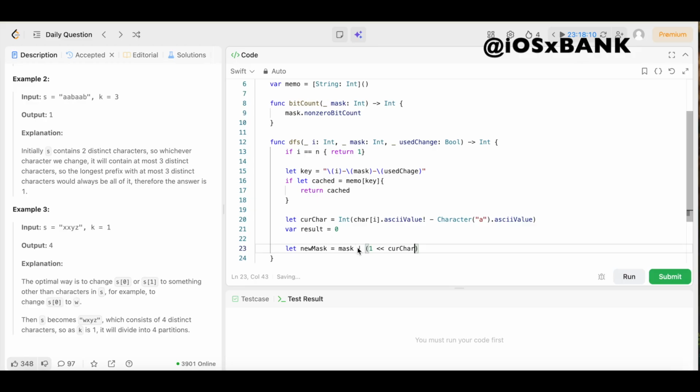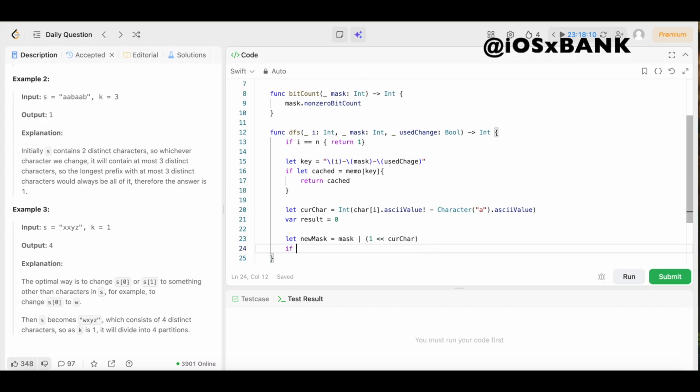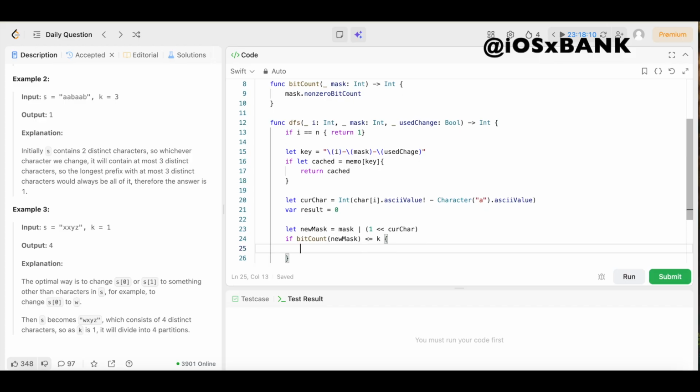So this is just the bitwise OR. Boom, and this is the bitwise shift. Boom. Then we're going to come underneath this. We're going to say if bitCount(newMask) is less than or equal to k, we're going to open up the brackets, and if adding this character doesn't exceed k distinct characters,